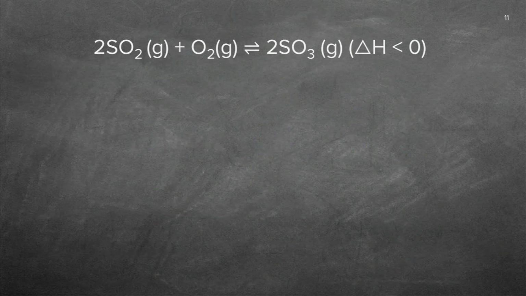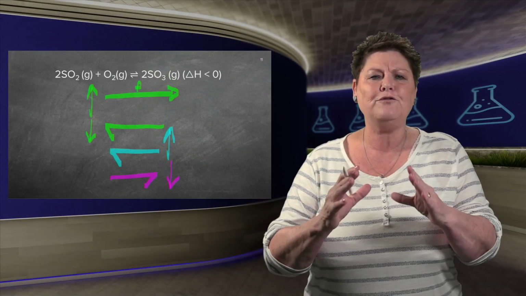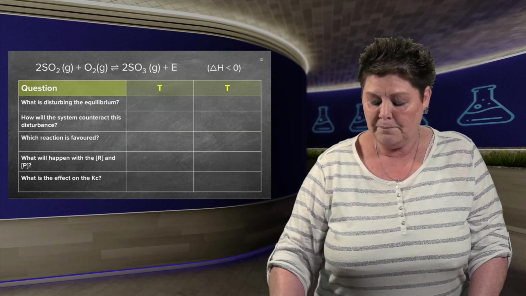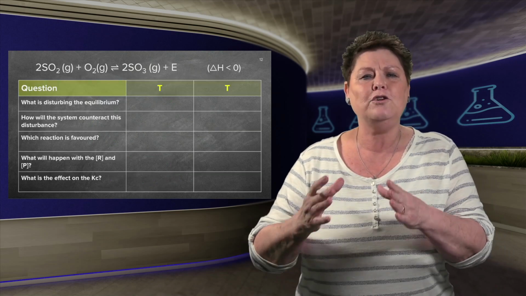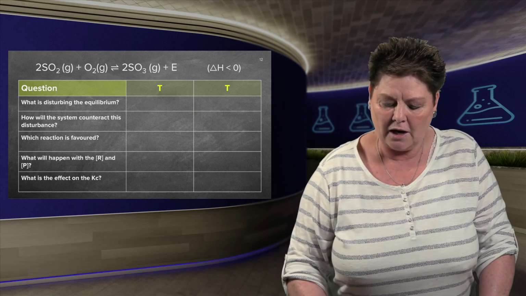Guys, we need to know, if I increase this side, it will counteract to go that way, the forward reaction. If I decrease this side, it will favor the reverse. On the other hand, if I increase the products, it will want to take it away, and if I decrease the products, it will form the products. It makes sense. You just have to have your pen ready and work with me. Now, I suggest you get your A4 page and you draw a table, and you've got your concentration, your temperature, and your pressure on that table, and I'll show you just now how we're going to do it.